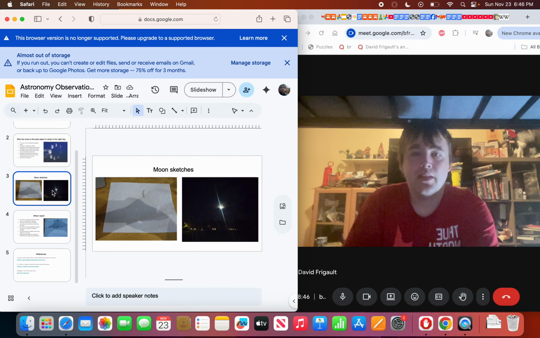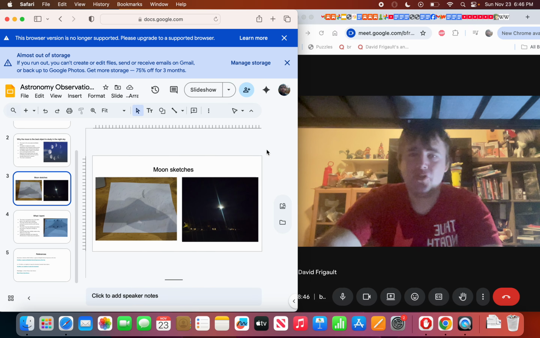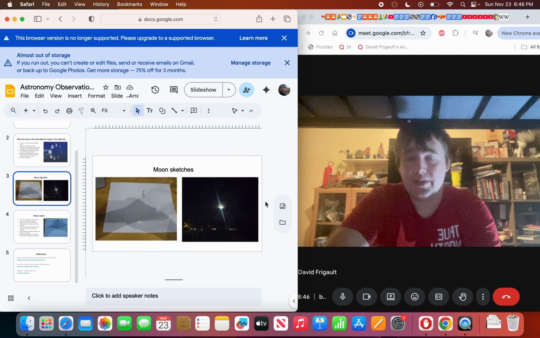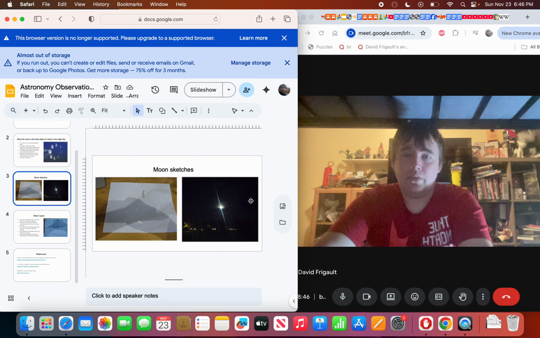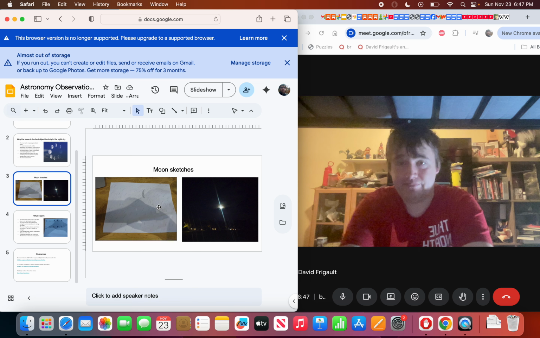So here's a picture that I actually took. The picture on the right is the picture I took on the night of October 2nd, 2025. It was actually the first night that I had gone out, and it was very cloudy, so you could see a little bit of clouds here. You could see a bit of lighting shining back and forth, the lunar, and then you could see a row of houses. There would have been a roadway here, but you can't really see it, and a field with some trees. And here's the sketch on the left.